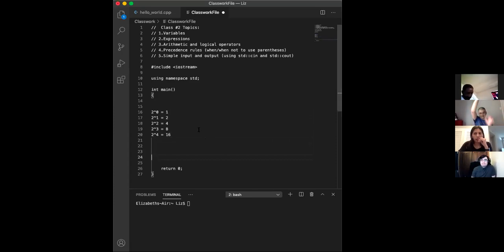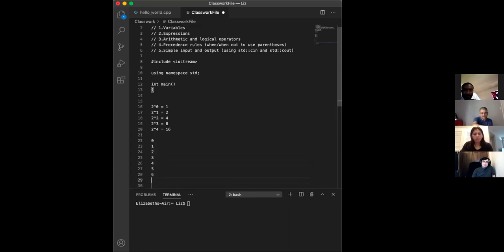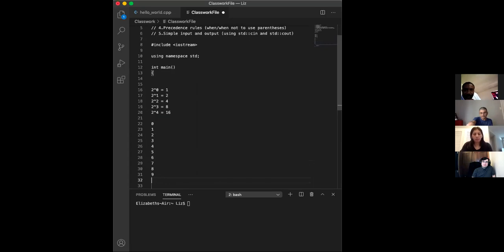So type in a vertical column of 0, 1, 2, 3, 4, 5, 6, 7, 8, 9, all the way up to 11. Right? Yeah, that's fine. 0, 1 is fine. So do all the way up to 11. Now Isaiah and I are going to do binary on that side.